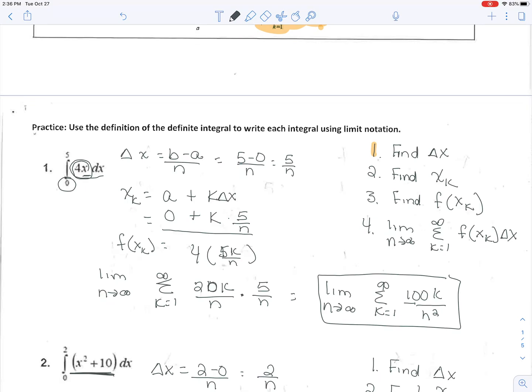All right, boys and girls, I hope that was helpful. Again, this will only be one question on your test, and probably only one question